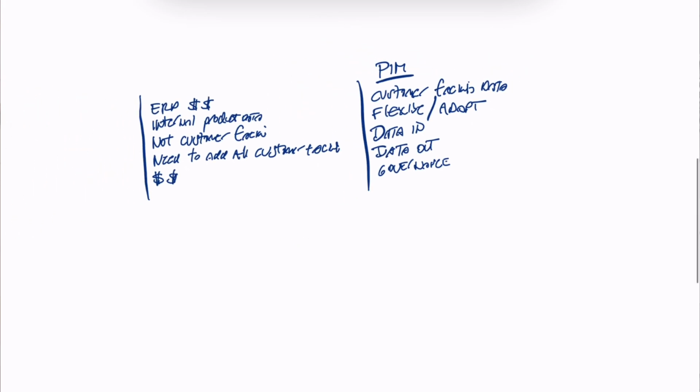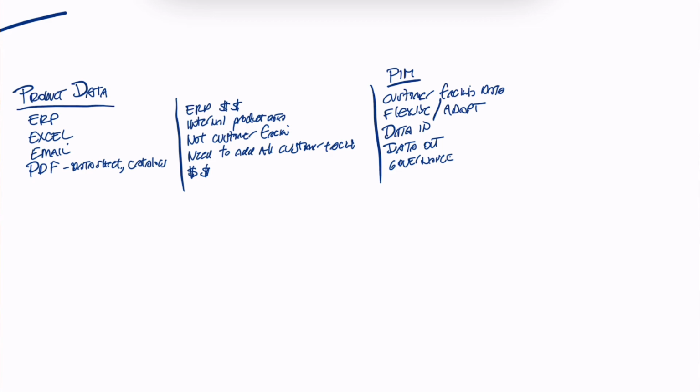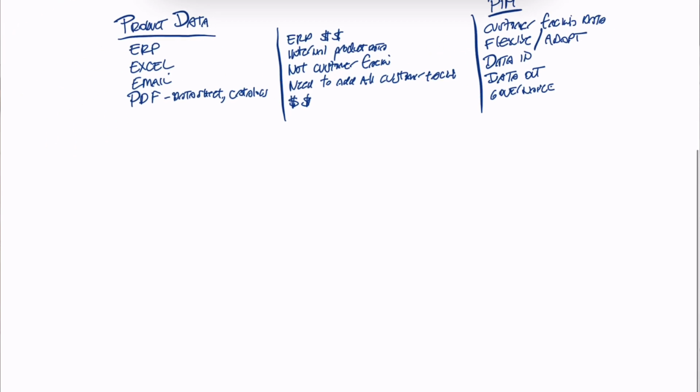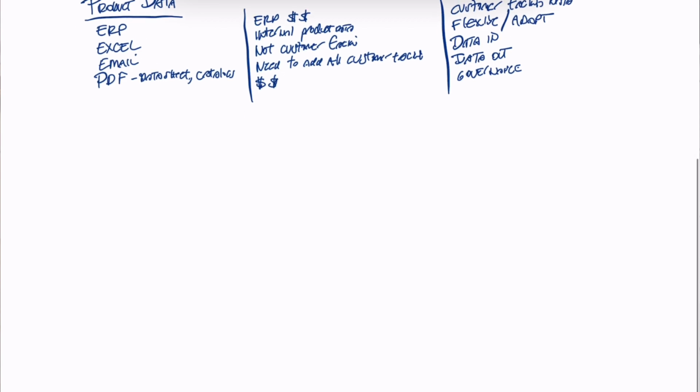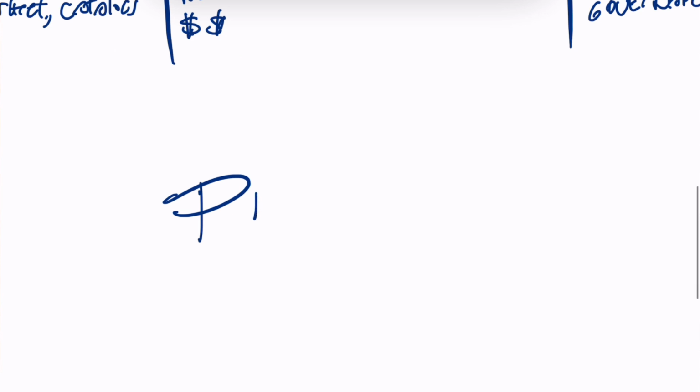So data governance, and you maybe have heard that term before. So that's how we start with product data. Now let's talk about the PIM itself, and we can talk about the functions of the PIM. So PIM,